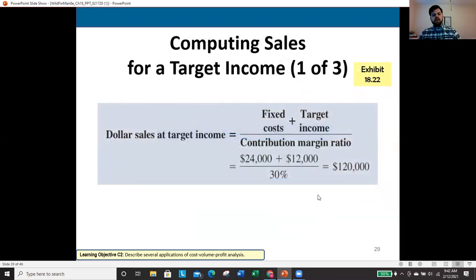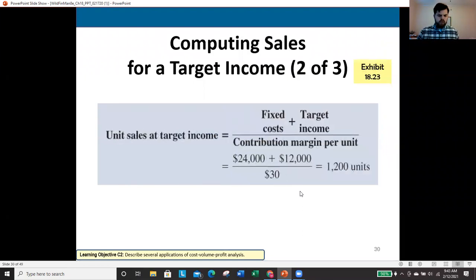So we'll actually see some examples of that. Now, in this case, we want to compute sales from target income. So how much sales do I need to generate this level of income? Well, I need to take my fixed costs, add to that however much I want my target income to be, and divide by my contribution margin ratio. So in this case, I had fixed costs of 24,000. I want target income of 12. That is 36,000, and 36,000 over 30% is